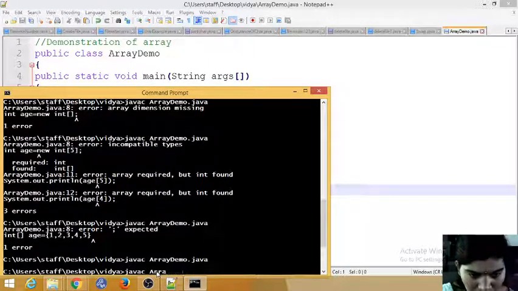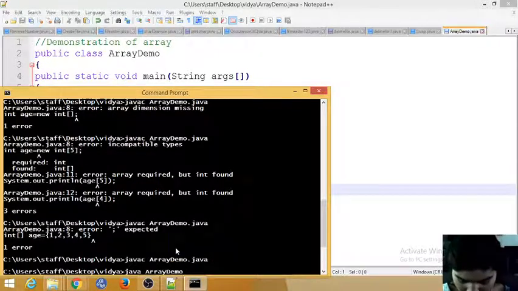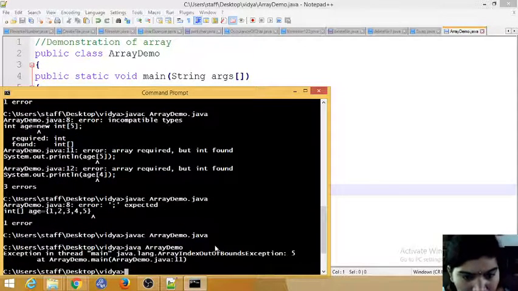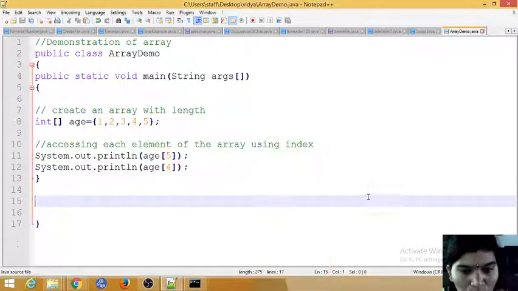It is compiled perfectly now. Run the Java program. Exception, index out of bounds exception.